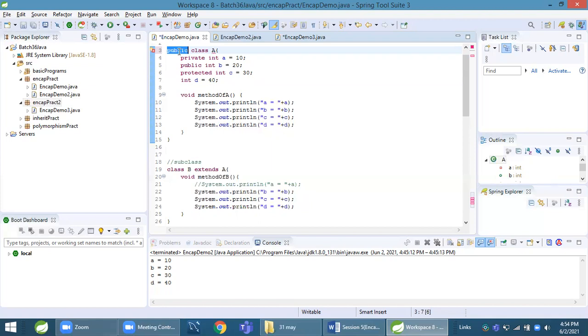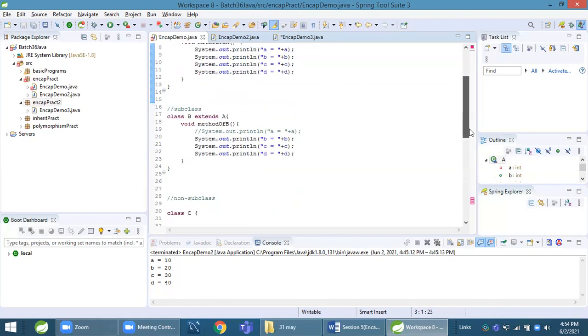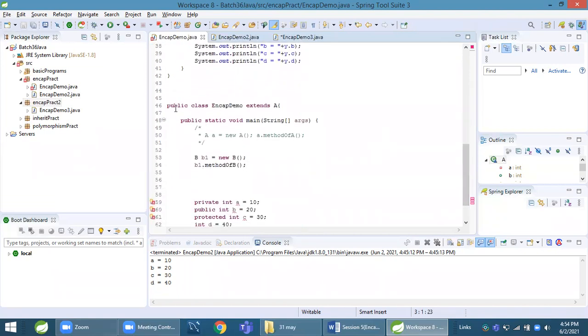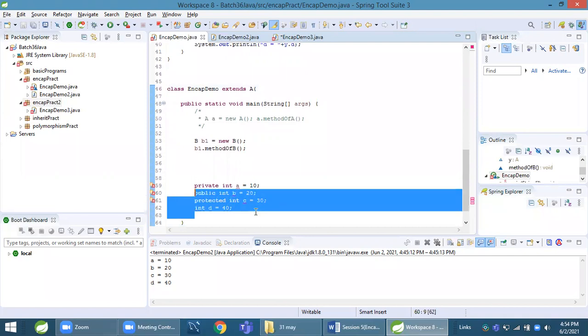Because we can have only one public class in our file, and for main method we make it as a public. If I remove this public, this has a main method, right? I remove this public. Let me remove this as well.